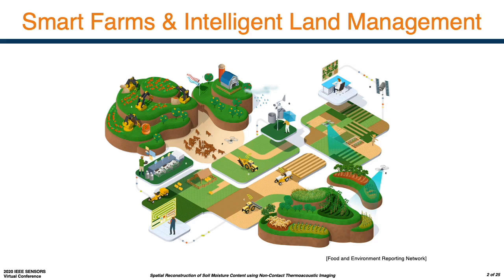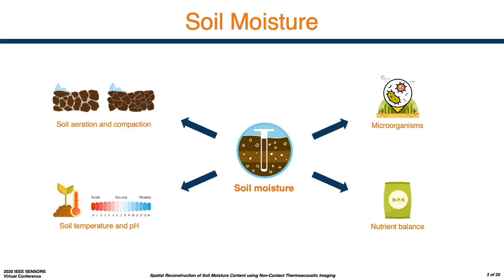In an increasingly connected world, smart farms and intelligent land management could help to improve agricultural practices and allow for efficient resource usage. To achieve this concept, sensing technologies need to be developed, including those that can sense below-ground features such as the soil moisture. In addition to efficient irrigation scheduling, knowledge of soil moisture can be used to optimize soil health.